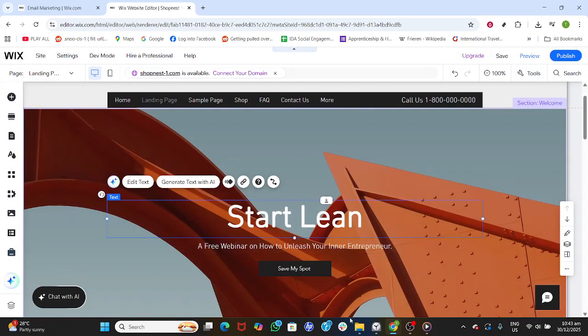Click Publish in the top right corner of the editor. Wix will process your changes and add the landing page to your live site. Finally, click Done to confirm and return to your editing workspace. That's it. You've created a focused landing page on your existing Wix website. Tweak and refine as needed, and you'll be ready to